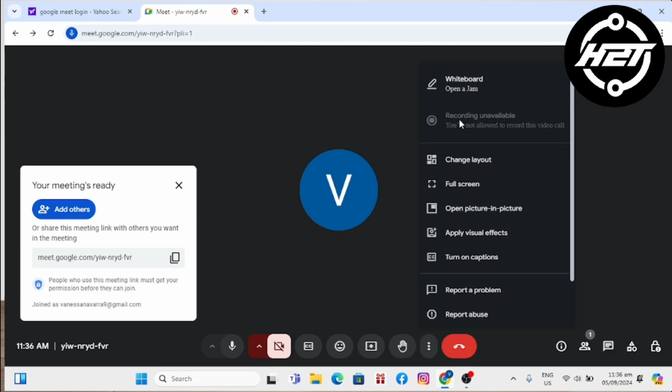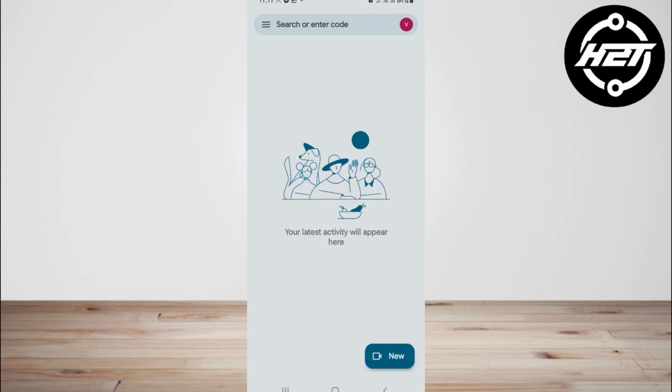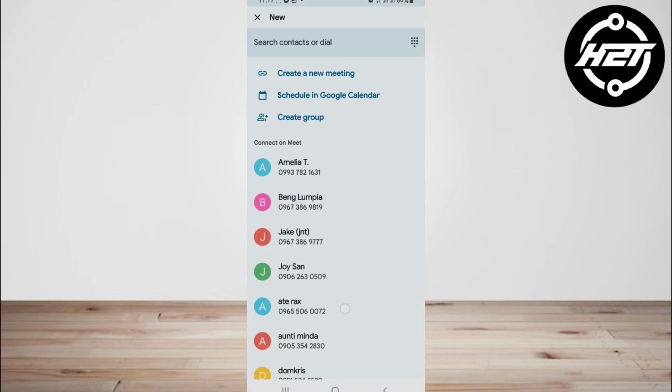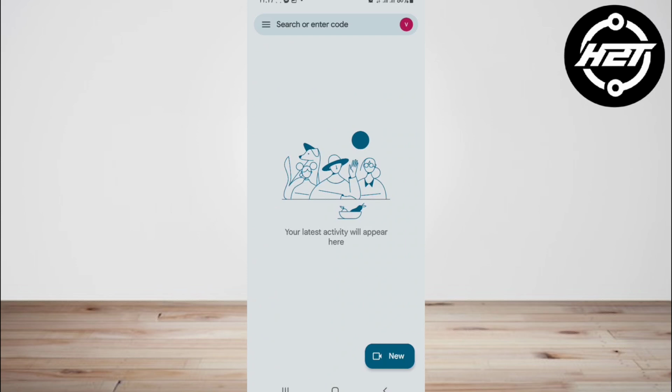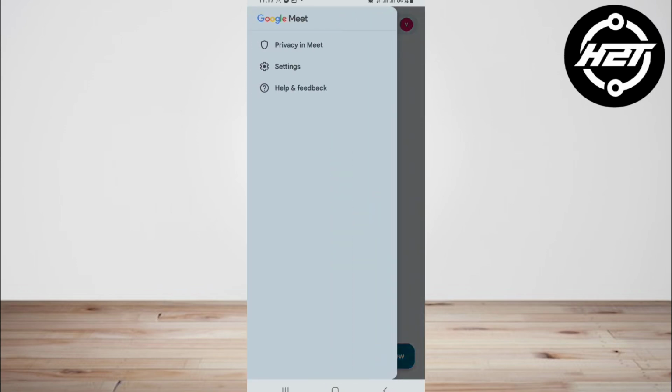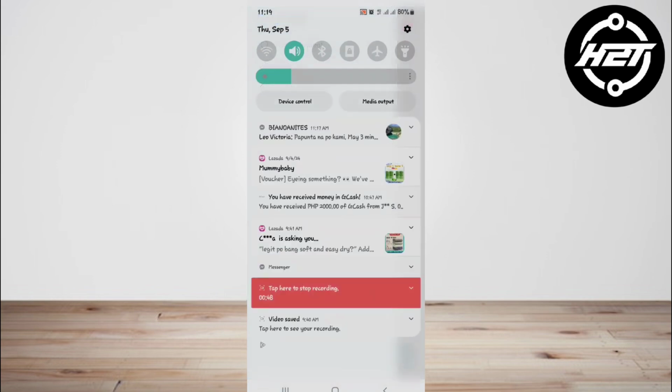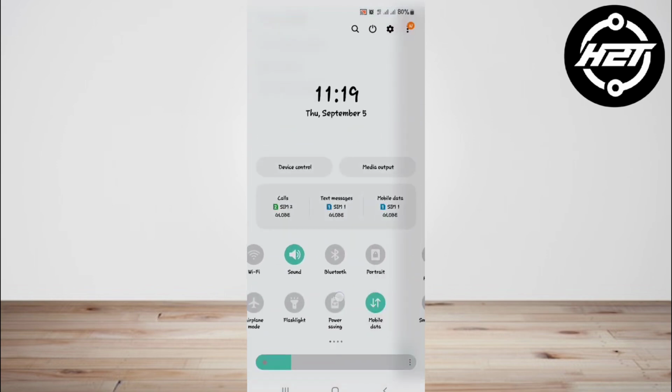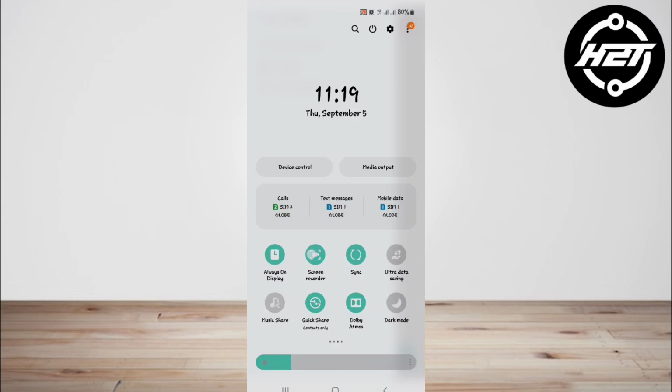Now, to record Google Meet on Android, you can record a Google Meet on an Android device, but you can use your phone's native screen recording tool to record the meeting, even if you don't meet Google's recording requirements. Download the Google Meet app on your phone. Swipe down from the top of your phone screen to access the quick menu settings on your Android,